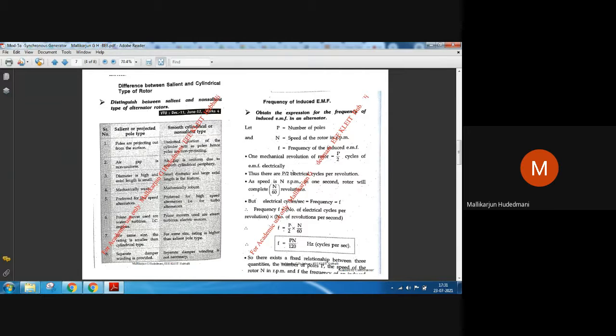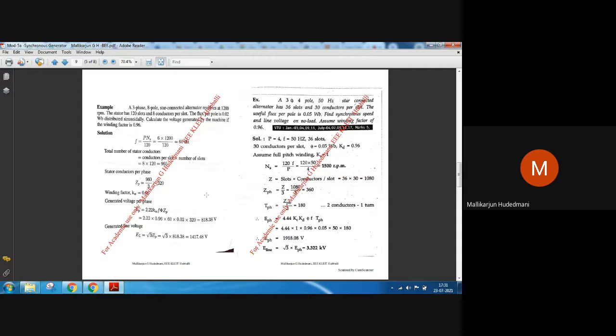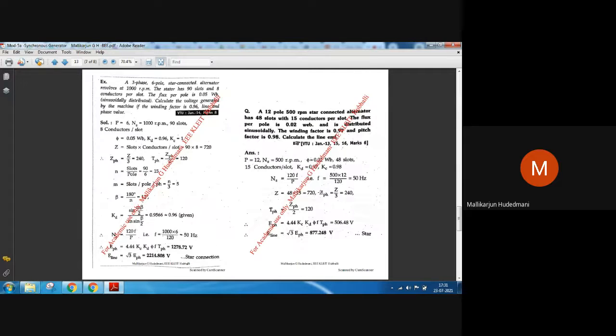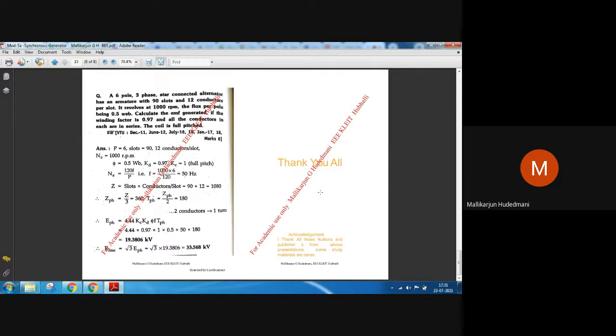Equation of frequency, PN by 120. Then application of direct numericals. It is a very short duration topic; hardly did I cover this topic in 3 hours. I remember it. So therefore, it is a very short duration module in the chapter, and you can just concentrate on how many turns and conductors are linked, how the total number of conductors is calculated, slots into conductors per slot divided by 3. Like that, you need to concentrate. So please practice these problems which I have shared with you over here. That is just sufficient. Maybe star connected, maybe delta connected. So like this, these are problems which I have already discussed with you in one of the special classes.